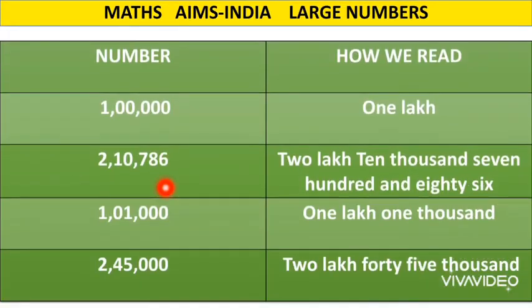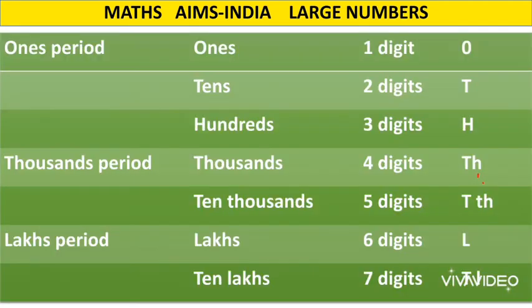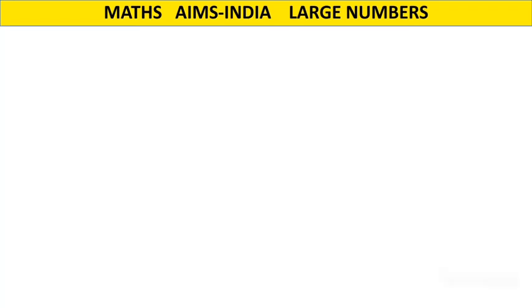I hope you've understood what we have learned till now, because now we'll see some numbers and we'll also learn how to read those numbers. The first number we have here is 1 followed by 5 zeros. Now what will this number be? This number will be a 6-digit number. If you look at this place value chart here, 6-digit numbers have lakhs as their highest place value. Yes or no, children?